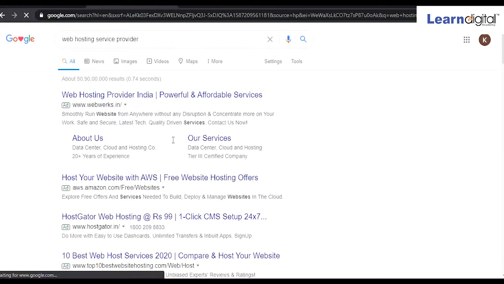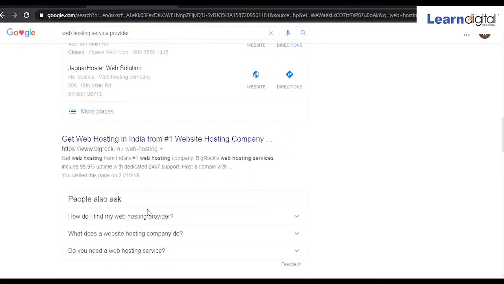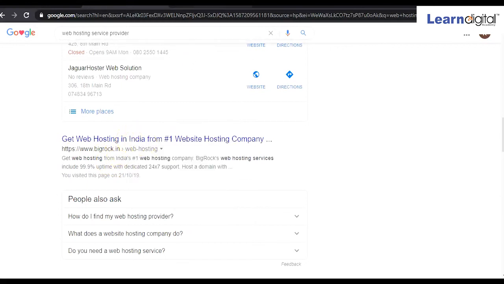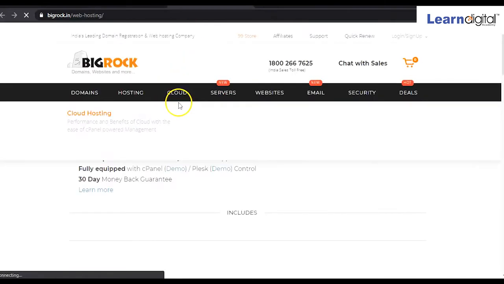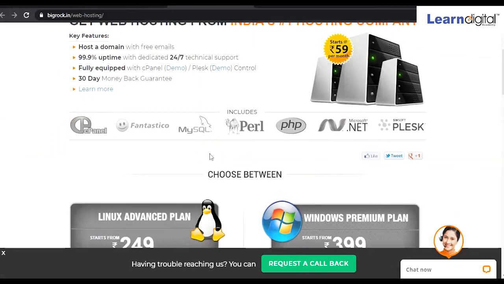So here we can see some advertisements, right? So it is up to you from which platform you want to take. Some local hosting providers are there, suppose Bigrock. So again you have to click on this, and you'll be entering their website. Here you can see the hosting platform. As I told you about Linux web hosting, Windows hosting and VPS hosting in the introduction part, from here you can see all these things, right?